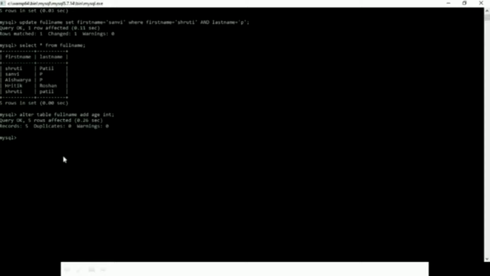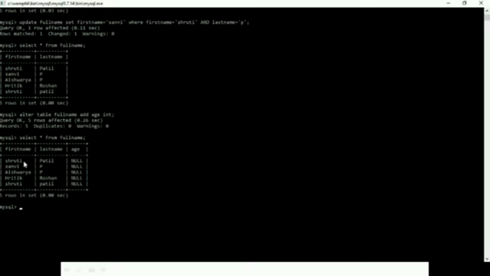I'll just show that to you now by doing SELECT * FROM full name. So if you can see, the age column is here, but as I had entered the values earlier, without age, wherever age is there, everywhere it shows null. Now I can just insert